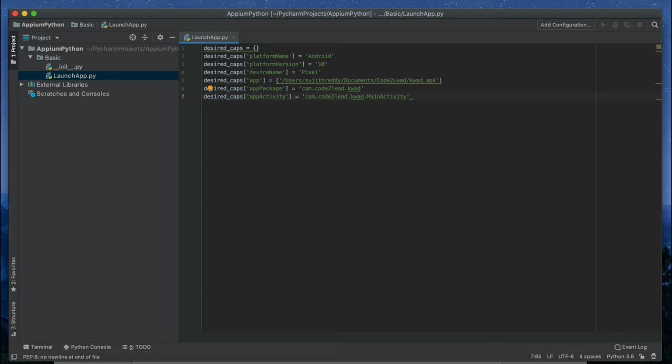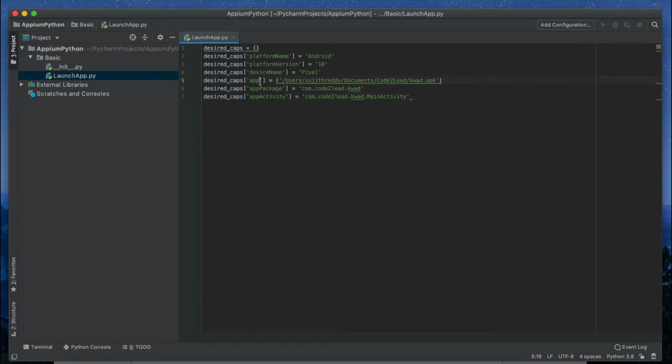Now we have defined all the desired capabilities for our particular app: the platform is Android or iOS, the platform version, the device name, the app path, the app package on which we are going to work in our code, and the app activity also.